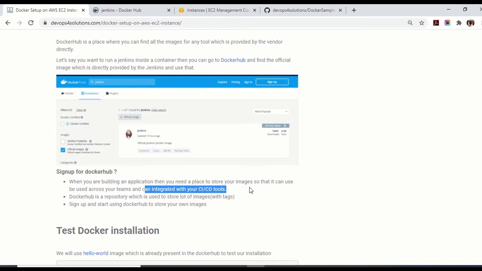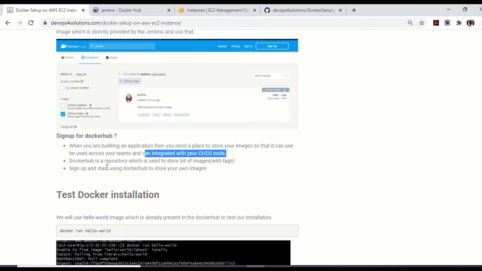There are a lot of tools that people are using. Docker Hub is one of them. There are others. People even use Artifactory to store images. You can store it anywhere. There are different kinds of repository management tools that you can use, but Docker Hub is provided directly by Docker, and people prefer to use Docker Hub.